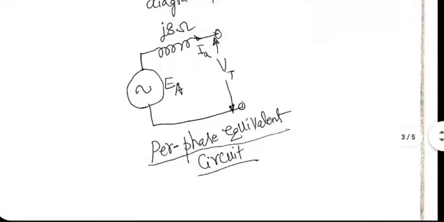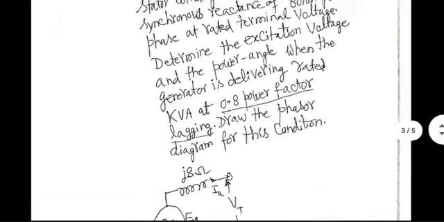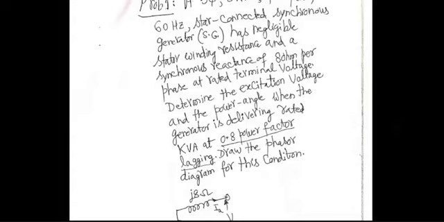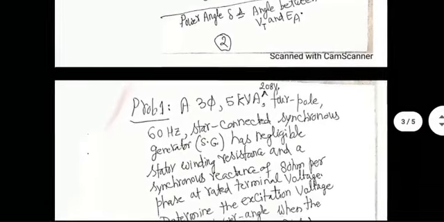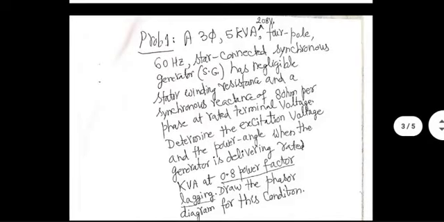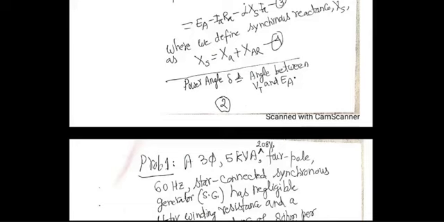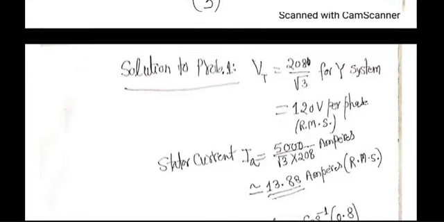If I had given you a delta machine, then this would not have been necessary, because for delta systems, the line voltage and phase voltage are the same. You may have to go back to three-phase discussions in case you are not sure. So read this very carefully, whether it is a star-connected machine or a delta-connected machine. Based on that, the value you use for VT will be either 208 volt or 208 divided by square root of 3. And this, of course, gives you about 120 volt. All voltage and current values by default are RMS values.